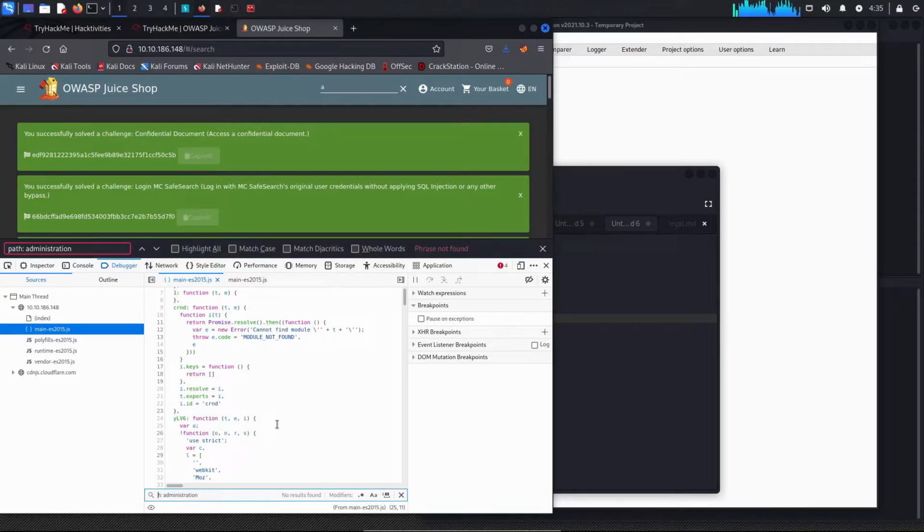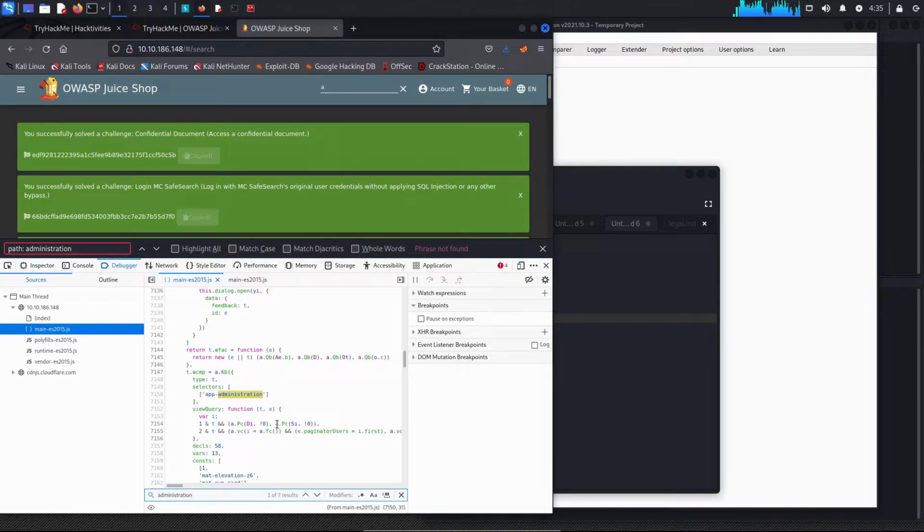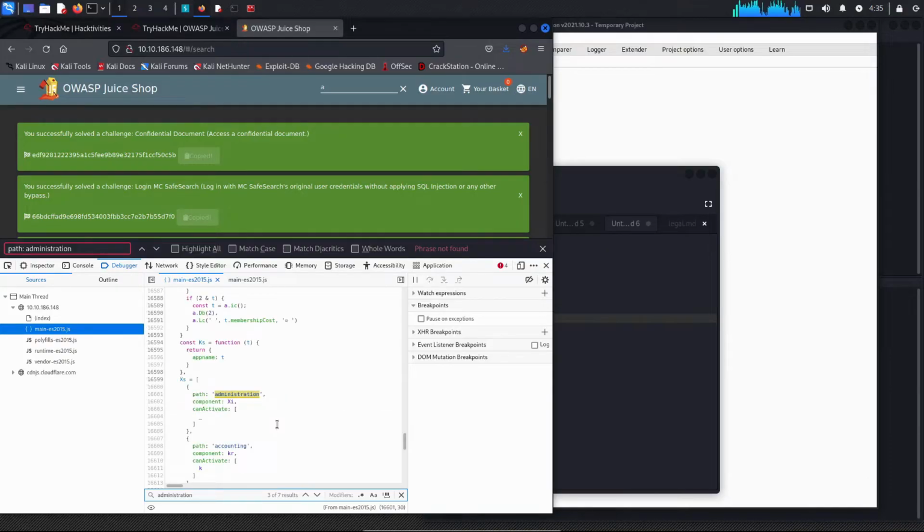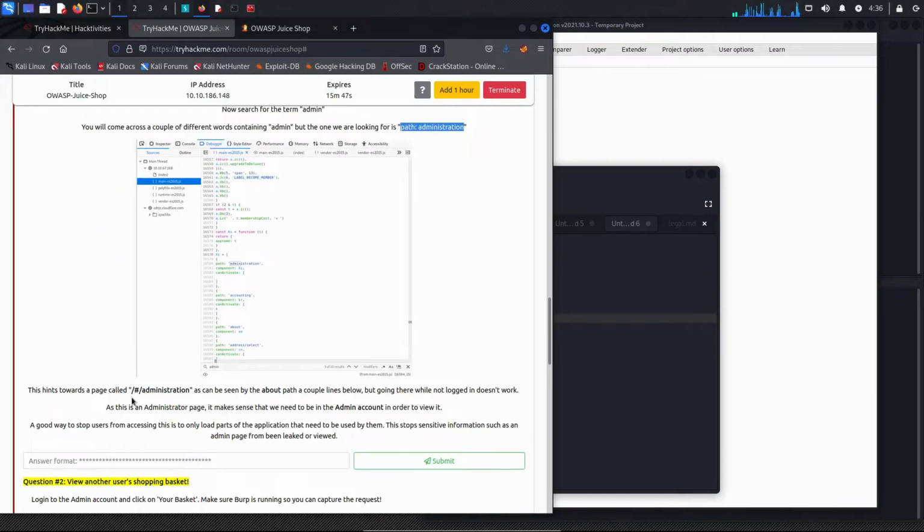Okay, so yeah, that's it. Okay, once we find the path to administration, we won't be able to access this page if we are not logged in. And as this is an administrator page, we can see it by logging in as admin.